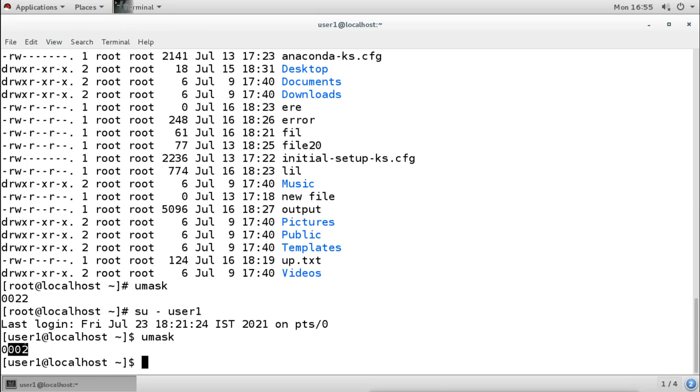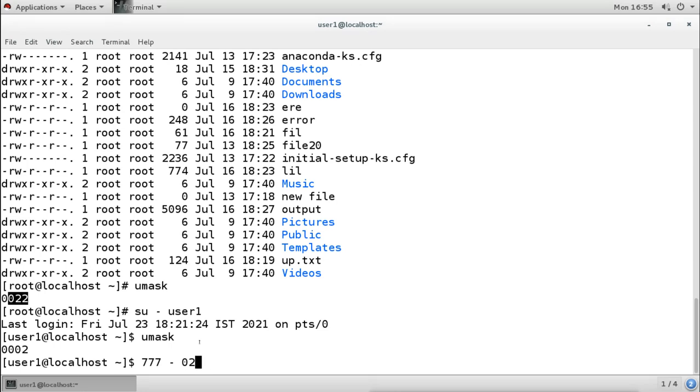Now based on this umask, it gets subtracted from the default permissions of Unix. It is coming from the Unix basic permissions, so it subtracts the umask from it. So if a file is created, 666 is the default, so if root creates it, the umask 022 will be subtracted from there, and the permission will remain 644 for the file. And for the directory, the default is 777. Again, if the root user creates the directory, this umask gets subtracted and it will become 755.